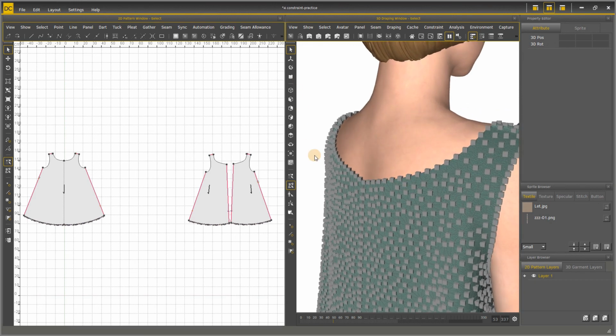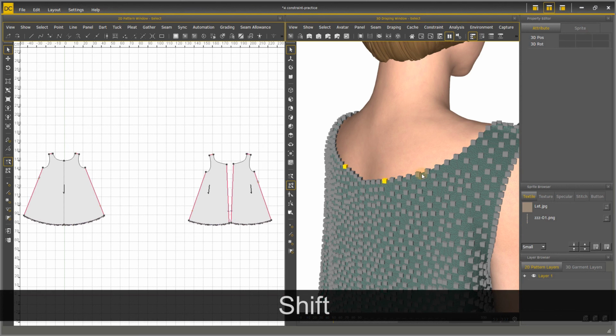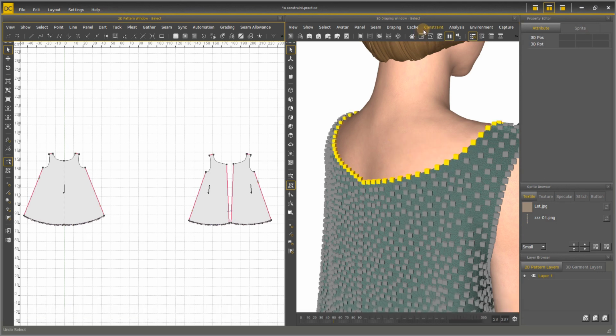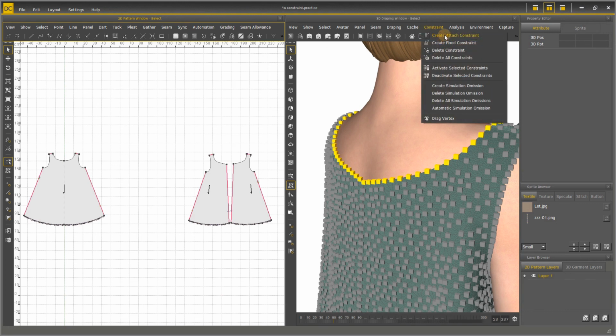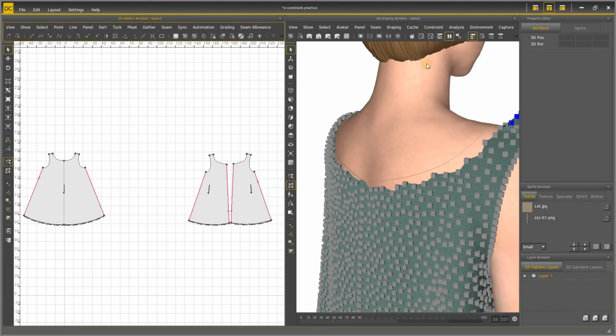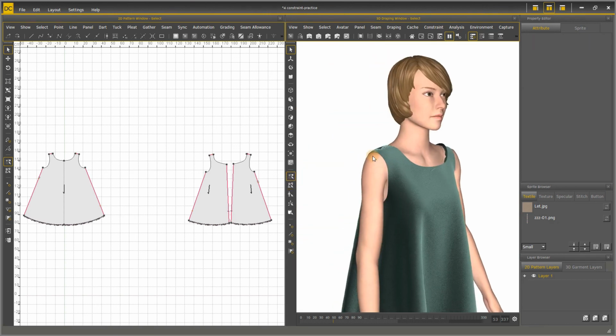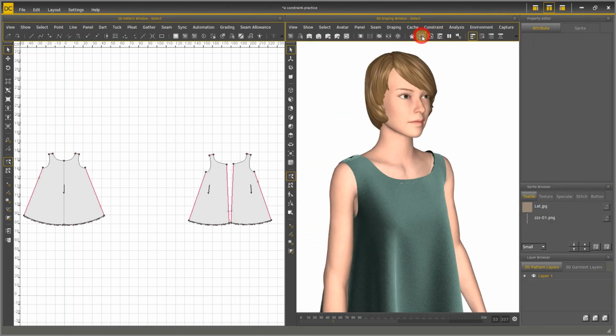The neckline will attach to the corresponding position. We can do the same for the back neckline. Back to the primitive selection mode and play static play to simulate.